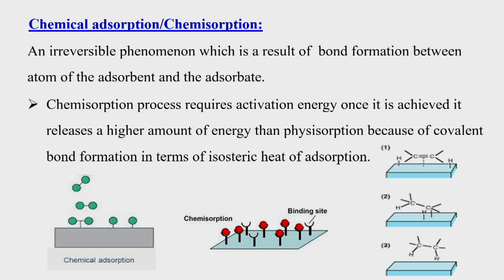In chemisorption, we will be landing up with a new product. Suppose we have one target component and one adsorbent. The adsorbent-adsorbate interaction will be there, there will be a chemical reaction, then a new product will be formed, and that will be separated as a whole. And whenever we try to get back that target component or adsorbate from the system, it is not possible in most cases, or this reversible reaction may not take place in many cases. But in case of physical adsorption, as these are only physically stuck due to their intermolecular interaction,